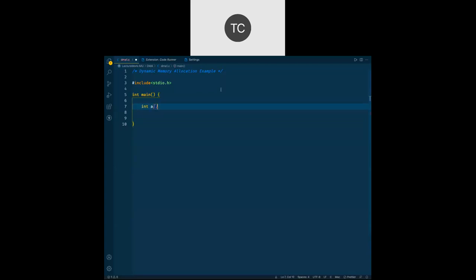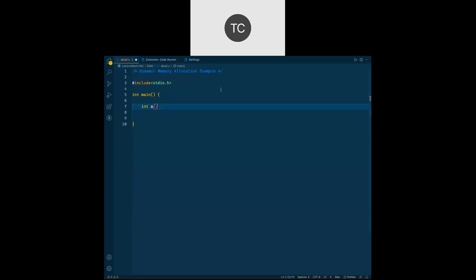So A, and at the time of declaration, I'm not aware how many elements the user is going to provide me. But at the time of array declaration, size is a must. We must define some size here. It must be a constant value.